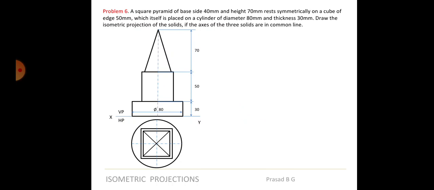Okay. So you can draw this sketch on the left hand side, but we are not really taking any measurements from here, because it's all square objects, isn't it? So a square based pyramid it is. There is no need of drawing the box around it. Below that is a cube, there is no need to draw the box, and below that is the cylinder also, there is no need to draw the box. Okay, so let us draw the isometric view of this. So we'll first start with the base cylinder.